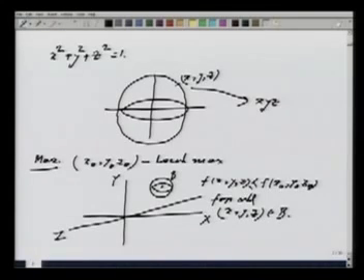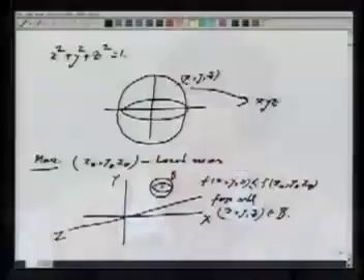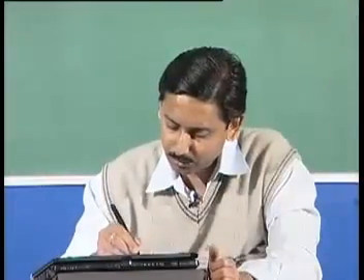Okay, this is the minimum meaning of local maximum. That a point is a local maximum means there exists a ball around that point such that for each point in that ball, the value of the function is less than or equal to the value at the point where I am saying the function has the local maximum. Now, if I look at the constraint situation, suppose I am on this big sphere,